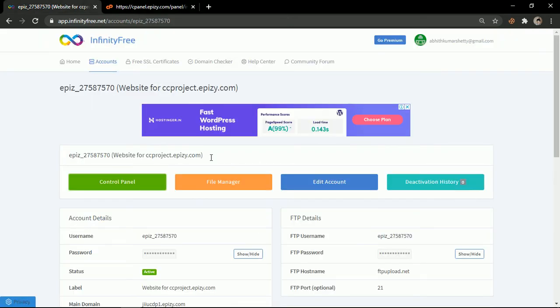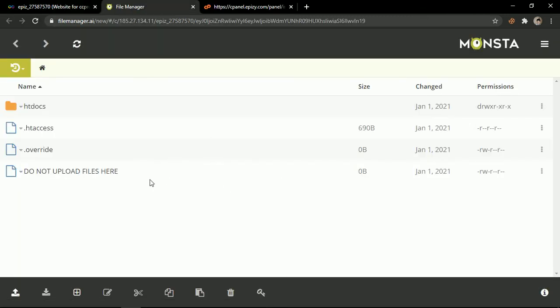So after the control panel there is the file manager. What the file manager does is, whenever you create an HTML or CSS file on your local disk, you can upload it to the cloud platform via the file manager. In the file manager there is htdocs.